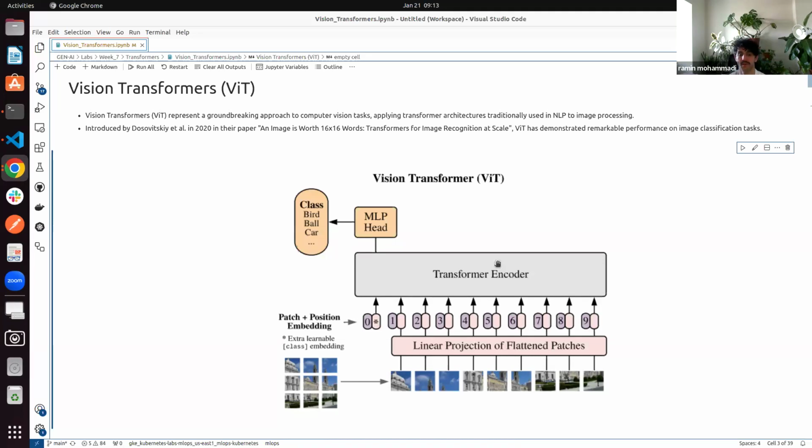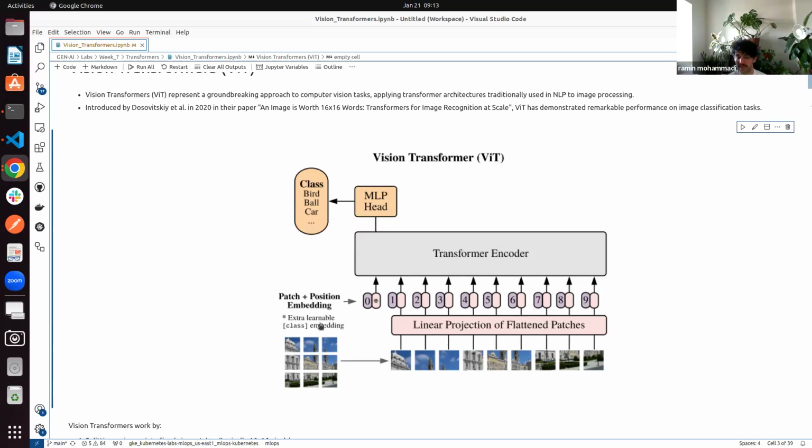The main idea behind the paper was that, unlike traditional tasks where we use a convolutional neural network for image processing, and as we know, convolutional models basically do a local embedding over the image, the idea was that instead of doing that, we want to have more of a global